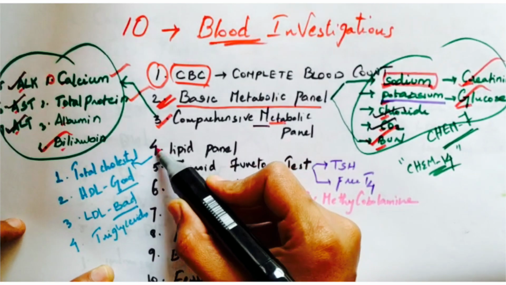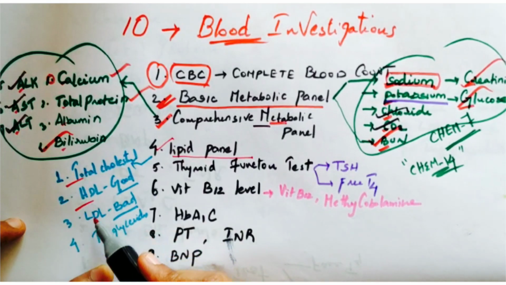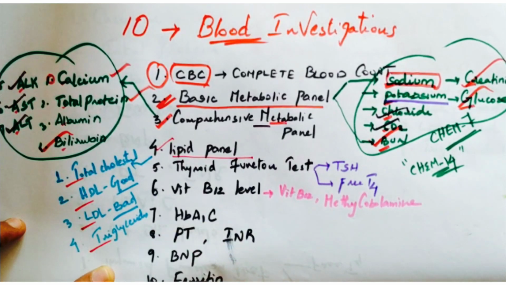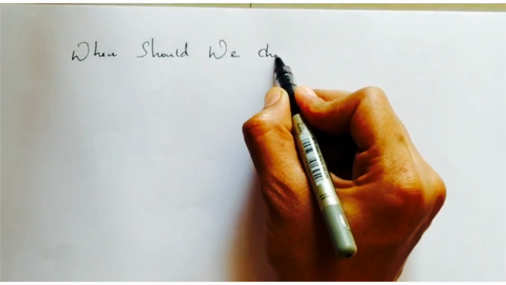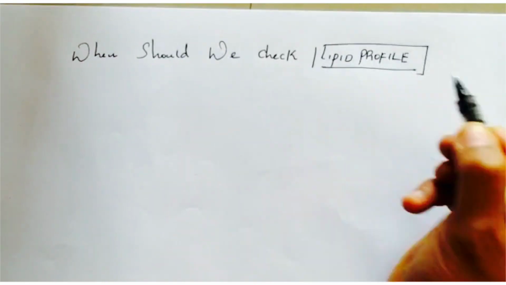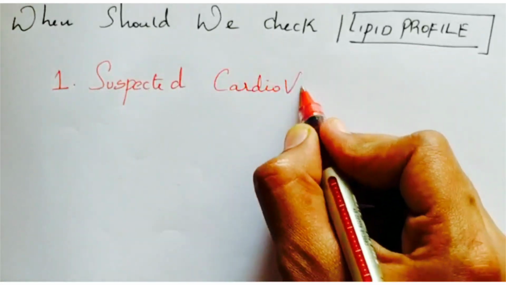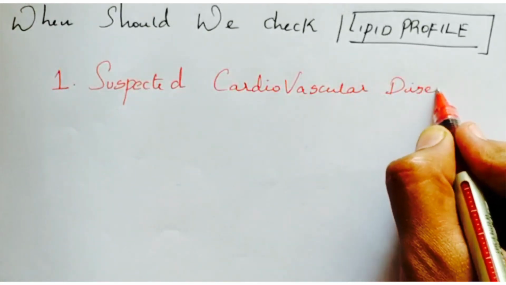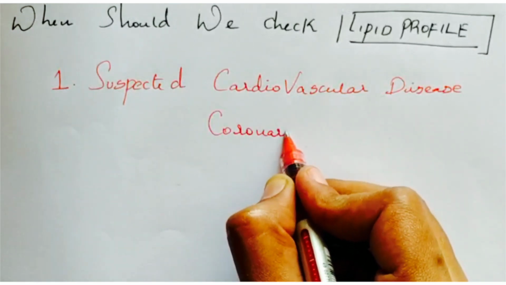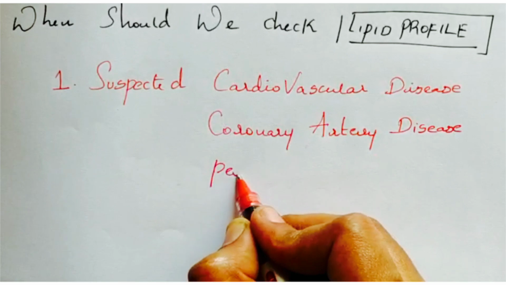Next component in common blood investigations is lipid panel. And when should we check lipid profile? In case of suspected cardiovascular disease, coronary artery disease, peripheral vascular disease,